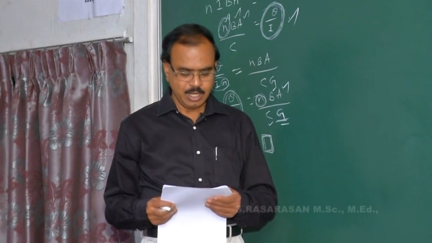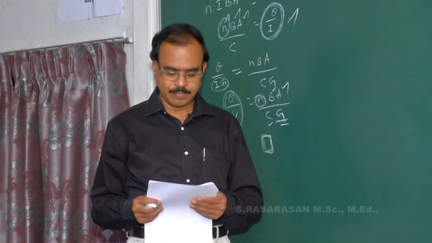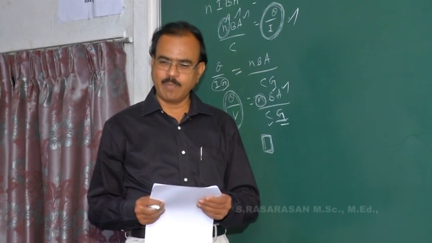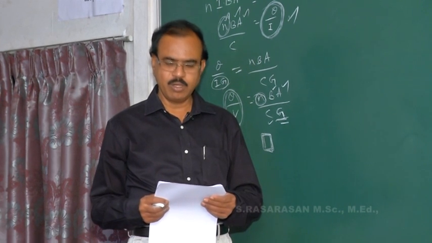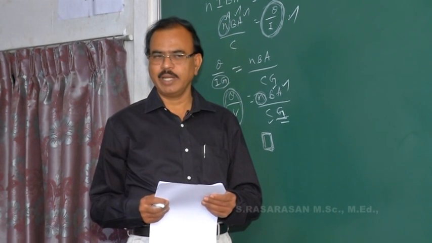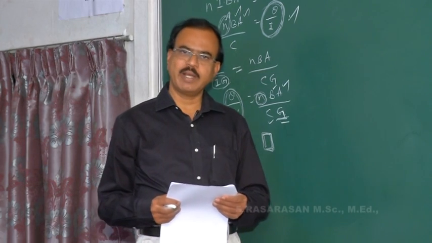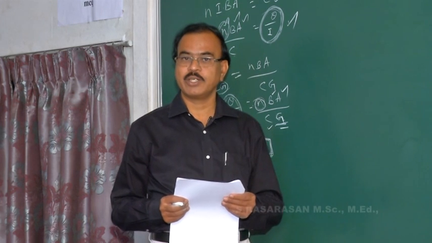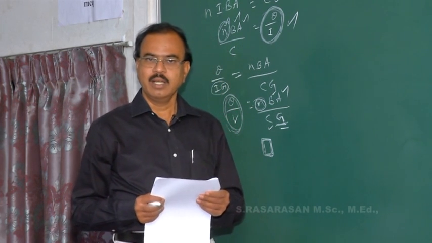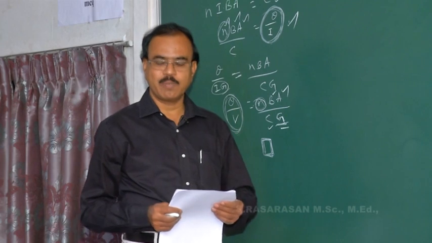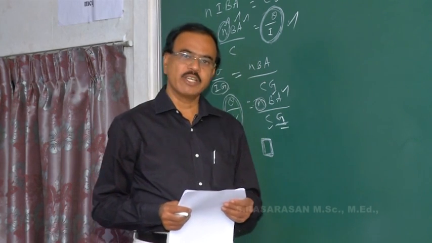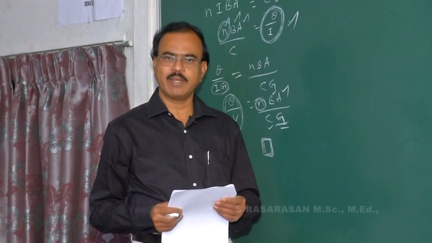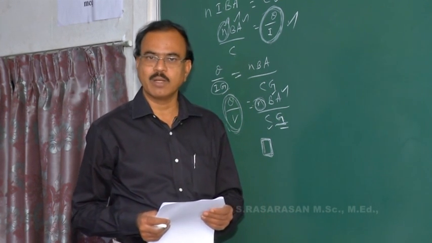Let me repeat. A proton and alpha particle are projected with the same velocity, normal to the uniform magnetic field. We know when charged particles are made to move perpendicular to the uniform magnetic field, they move in a circular path. Motion of the charged particle in the uniform magnetic field, the concept: when a charged particle moves perpendicular, at right angles, to the uniform magnetic field, it describes a circular path.